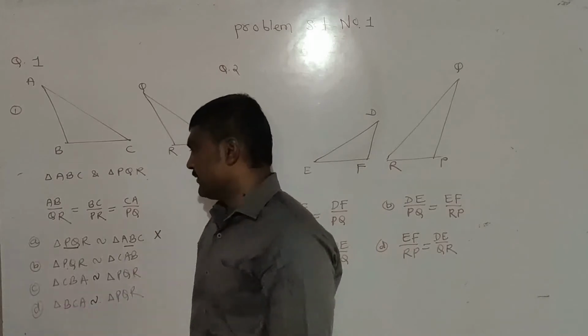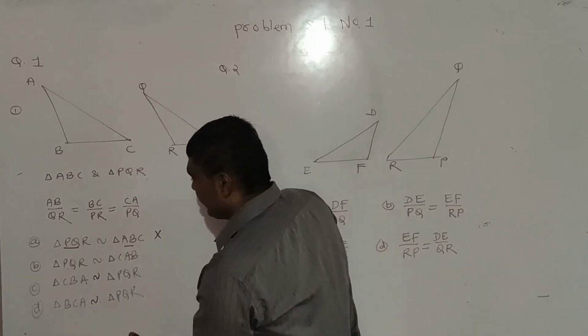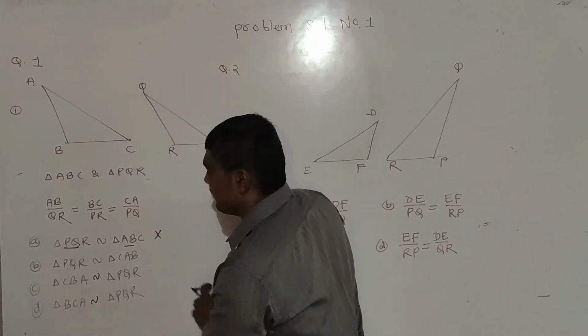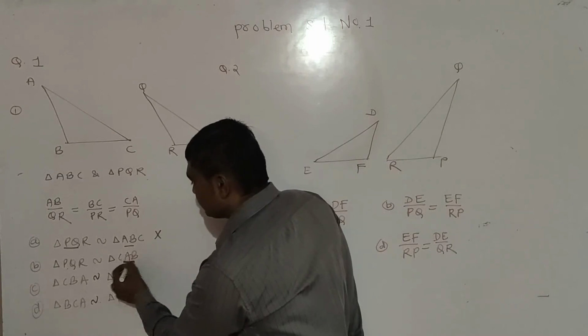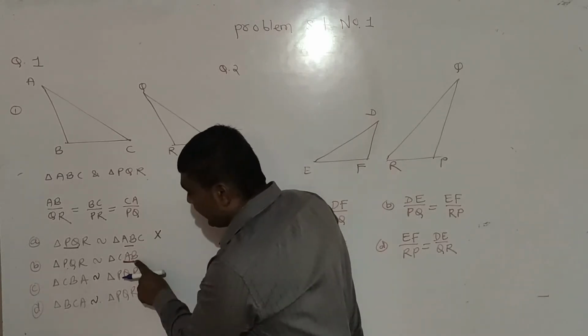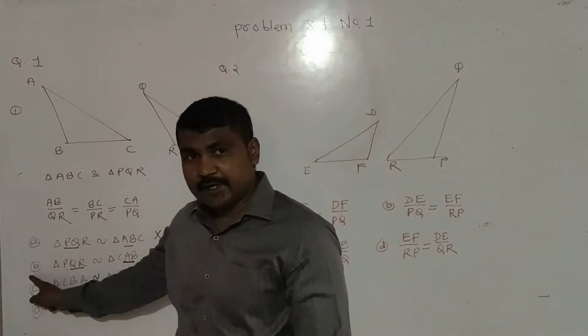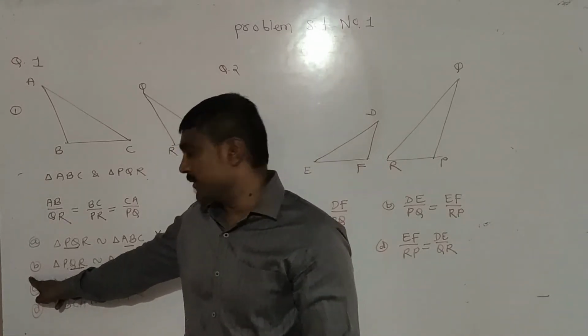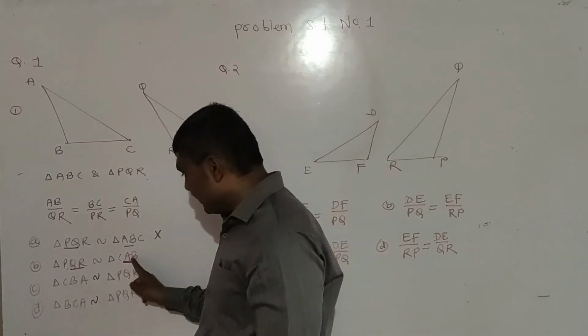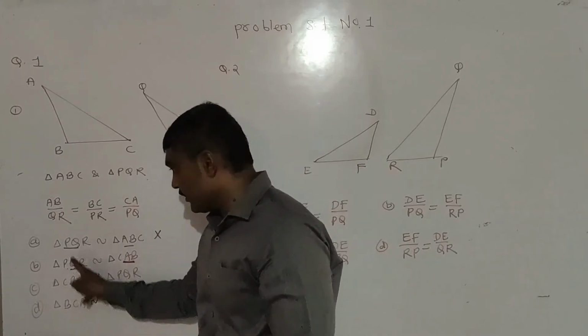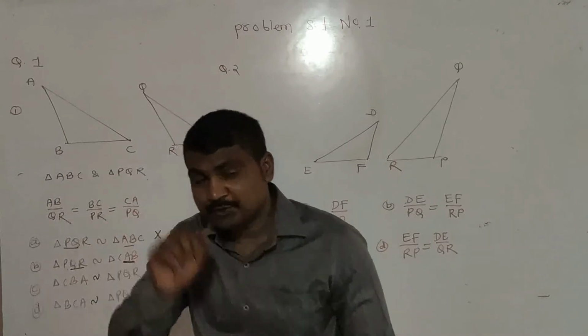Now see option number B. यहाँ पे where is AB? Just check where is AB. This is the AB. So when you write AB, what should be there below AB? When you assume option number B is correct, अगर option number B correct है, ऐसा हम imagine कर रहे हैं, तो क्या होगा? AB के नीचे क्या होना चाहिए? QR होना चाहिए. Is it given then? Yes. So first order is correct.